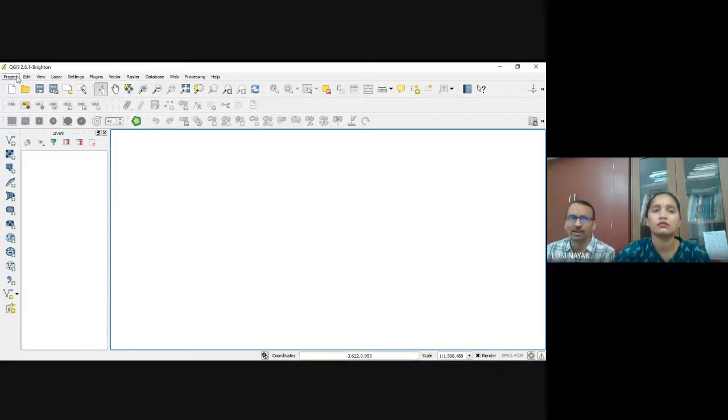What do you mean by menu bar? The menu bar encompasses all the functionalities and activities available within a software. Just like in a restaurant, when you visit, they give you a menu card.